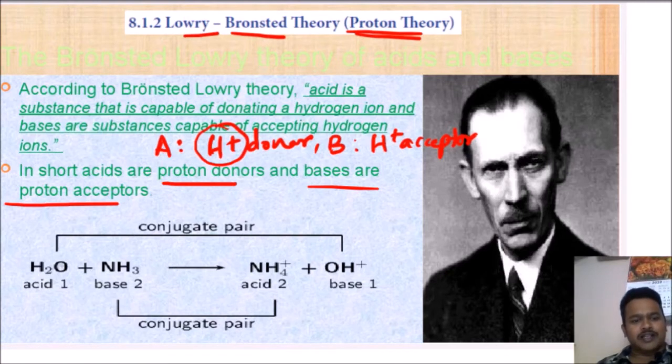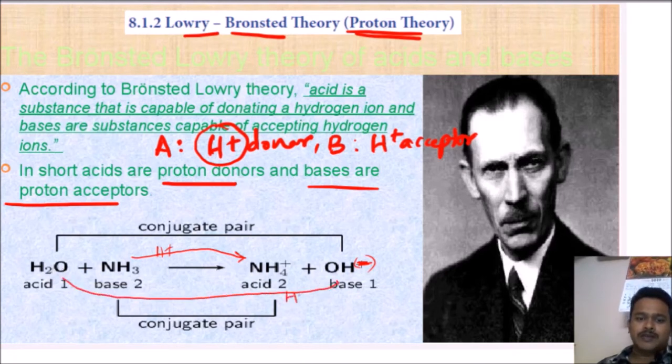Here you see one reaction. Observe this one: H2O and NH3. What are we getting? NH4 plus. NH3 is converting into NH4 plus. So what is the difference? It is just accepting a proton, H plus. And H2O becomes OH minus. Here a small mistake is there, this is OH minus. H2O loses H plus, OH minus remaining. This to this, what is the difference? H plus is missing.